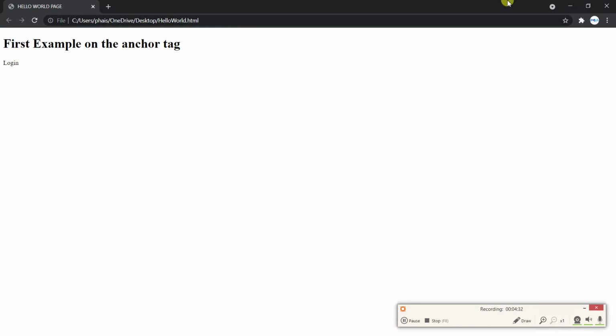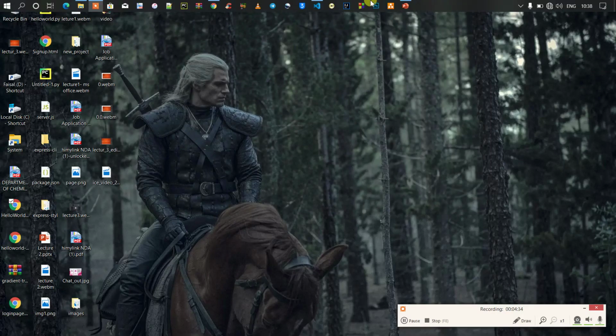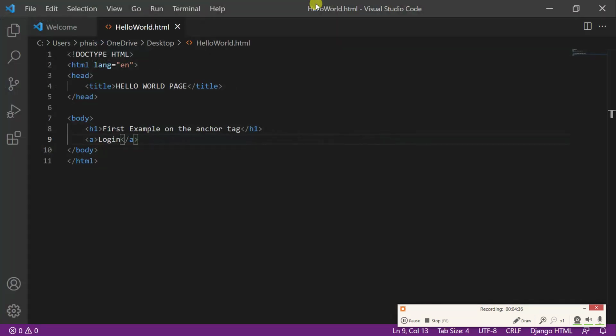So why is that? Let's go to our code. As I said, there are parameters which are very important, the first one being the href, and that href will specify the link to the page you wish to go. So it's written href, then, as I said, every value of a parameter, or every value of an attribute, should be in quotes like this. Then you put the link to your new page you have. So let's say